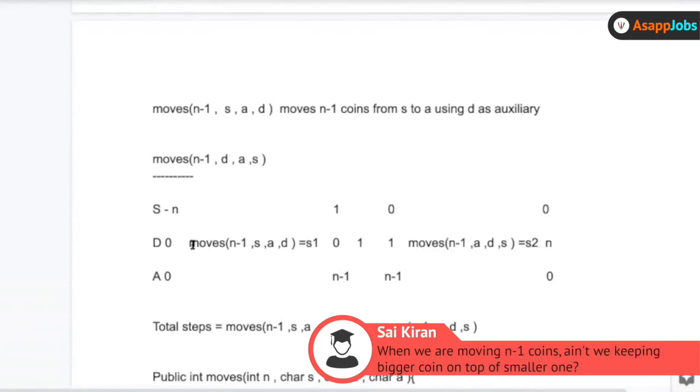And when I say that I move this n minus 1 from the S to A, I have done this using all the constraints that are there. How it is being done, this internally takes care of. As of now, till here, I'm not worrying about the implementation detail.